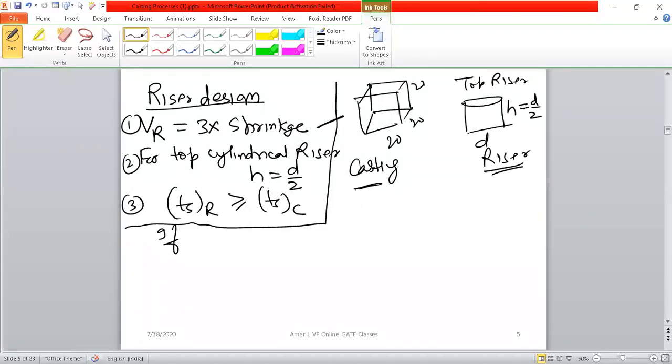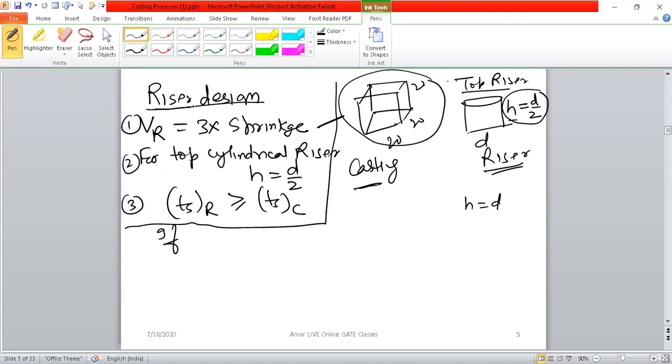So the height and diameter relation, you know, from where did we get this? We got it from minimum surface area. In the last classes, we discussed, derived, and understood it very well. In the side riser case, H is equal to D. In the top riser case, the height is D by 2, half of the diameter. So this relation we know. Now, we are going to design a riser, which means we have to find the height and diameter of the riser for this casting.